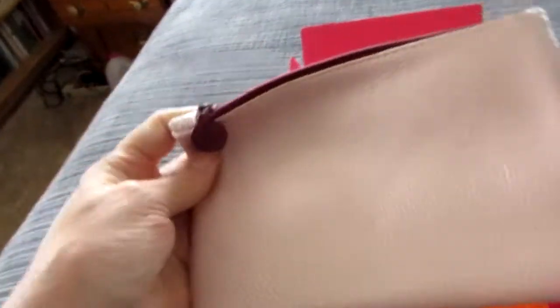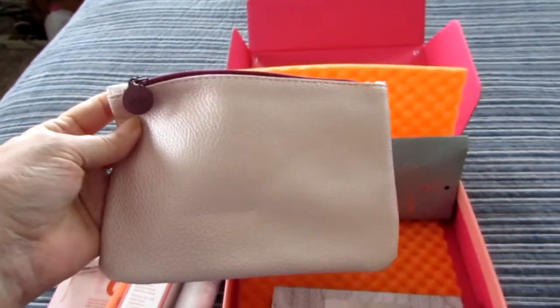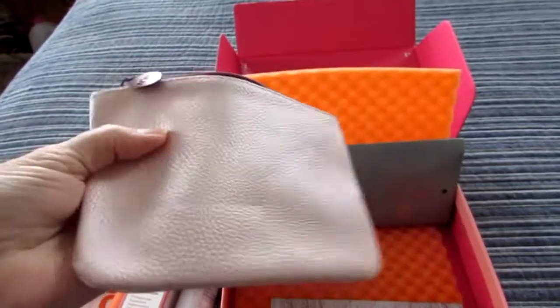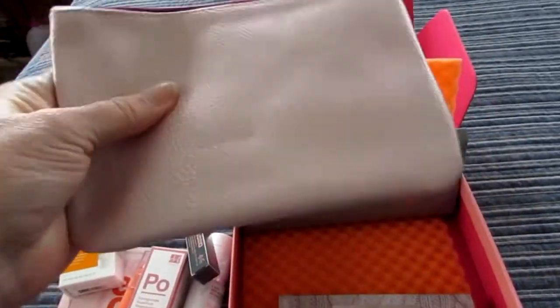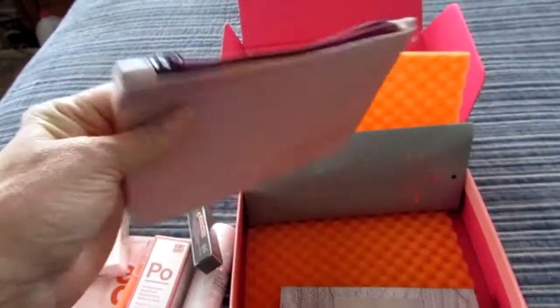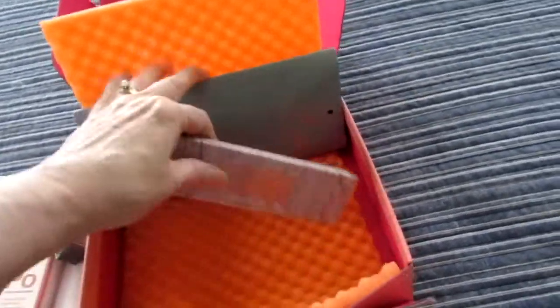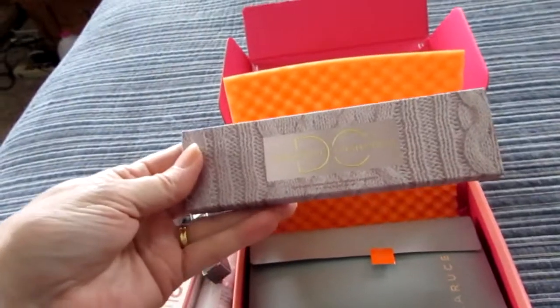Okay, and here's the bag. Not much in the way of frills. February bag. For the little Ipsy bag, got like a fabric quilted bag. This is just a plain pink fake leather bag. And then there are two more things. There is Dominique